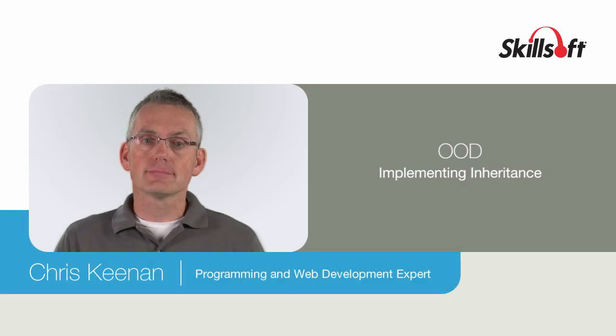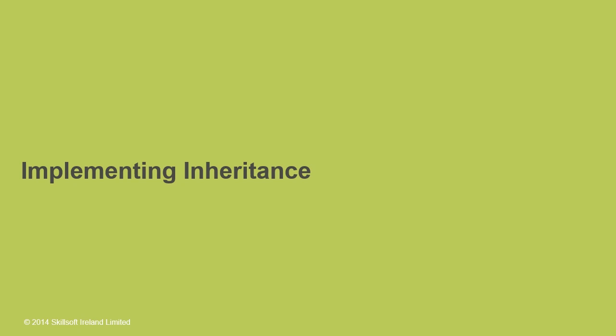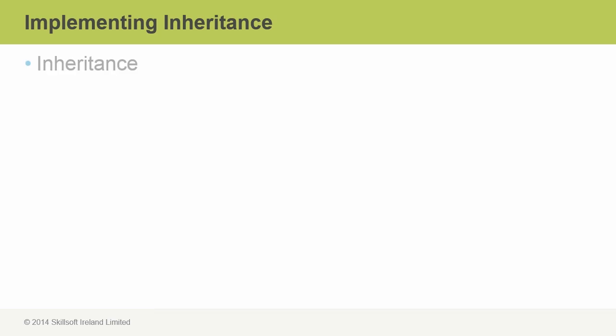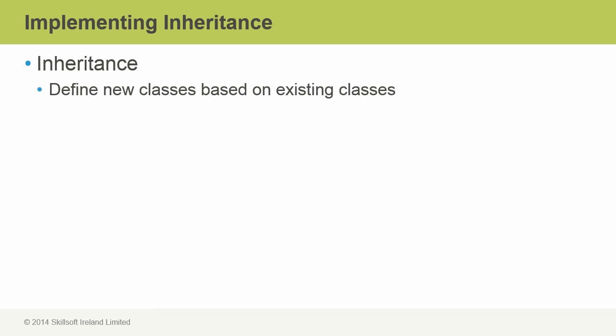So let's explore some of the concepts around inheritance, and we'll follow that up with looking at a couple of code samples that illustrate how it works. So when we talk about inheritance in object-oriented languages, what we're basically saying is that we can define new classes